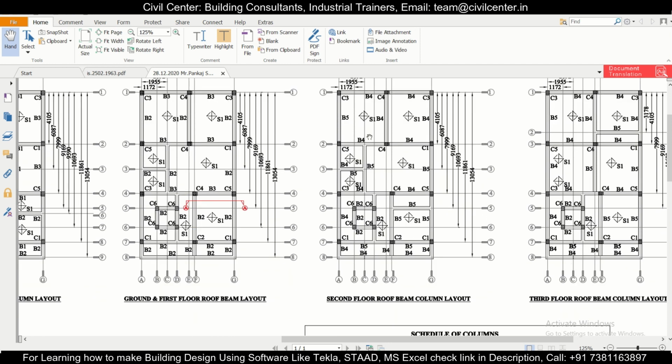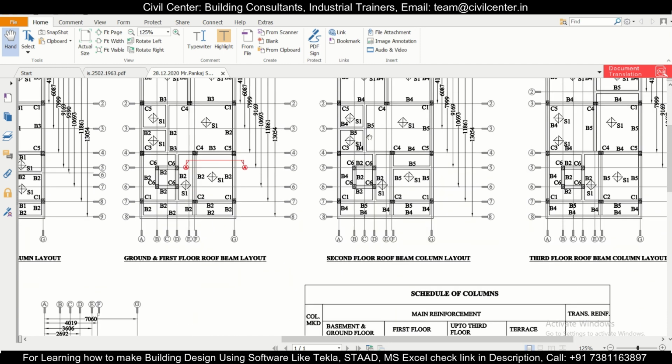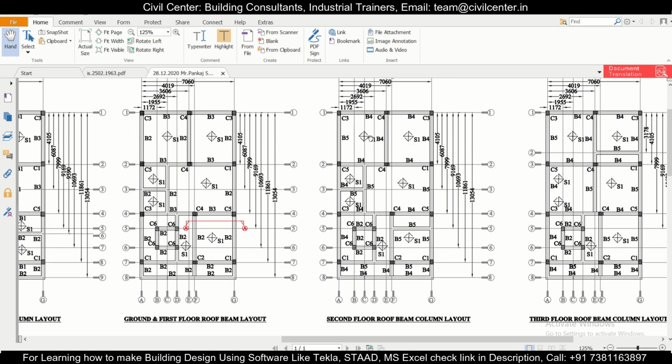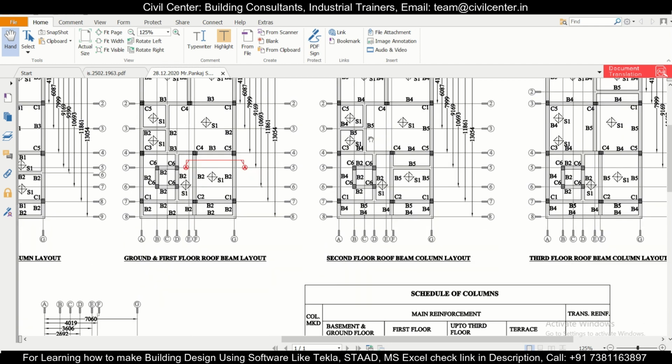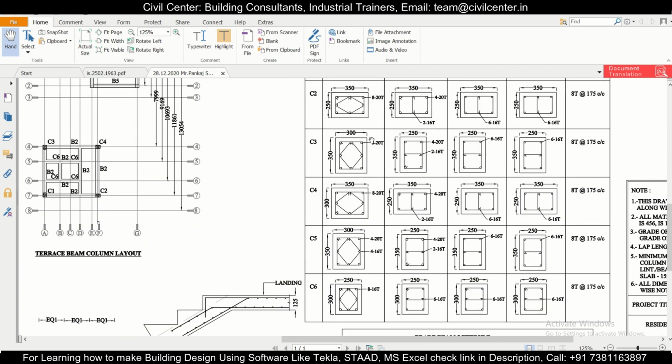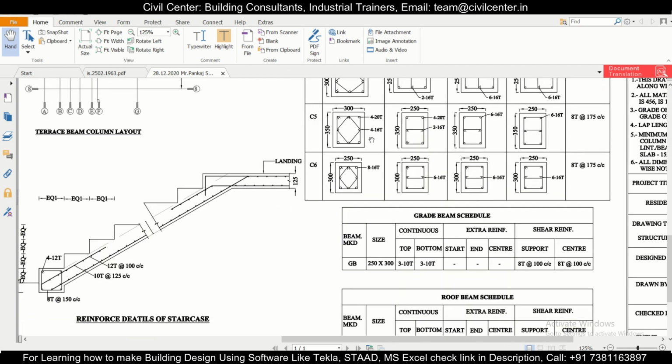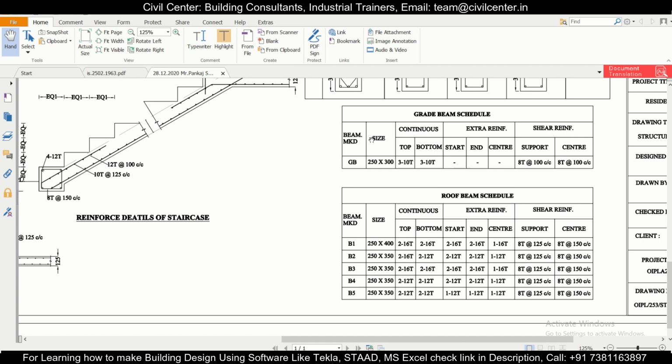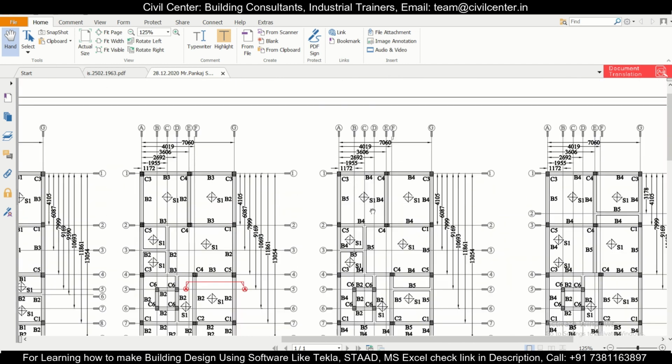Estimation. So friends, in today's video and in this new year we will start with the bar bending schedule of beams. In the bar bending schedule of beams we have a beam and we have the reinforcement. In yesterday's video you had seen how we had inserted the reinforcement in Revit Structures. If you haven't watched that, you can watch that now. We are going to find out the BBS of a particular beam here. Let's take this beam of mark B2 and find out its BBS. So let's quickly